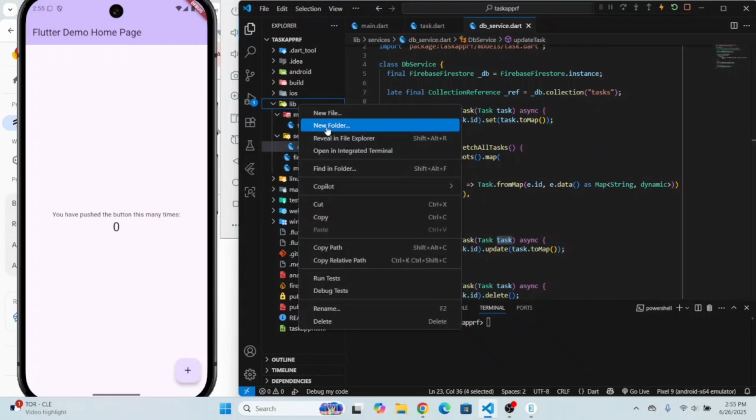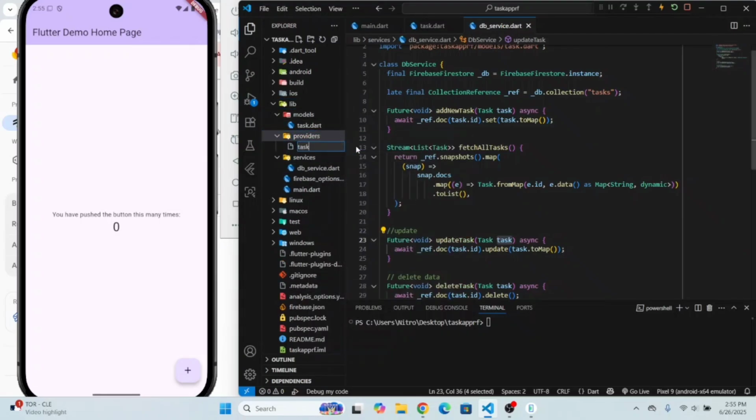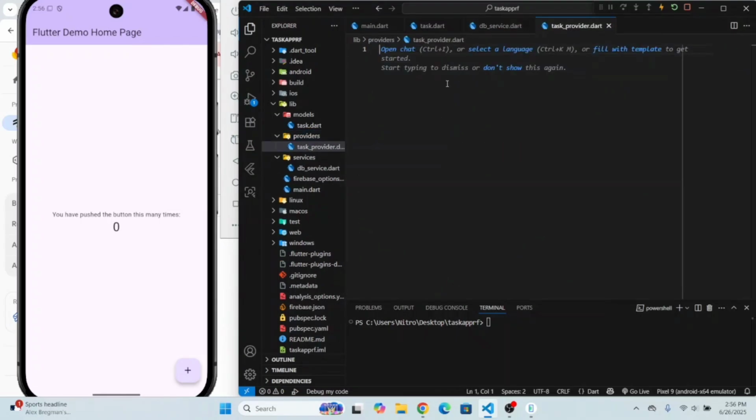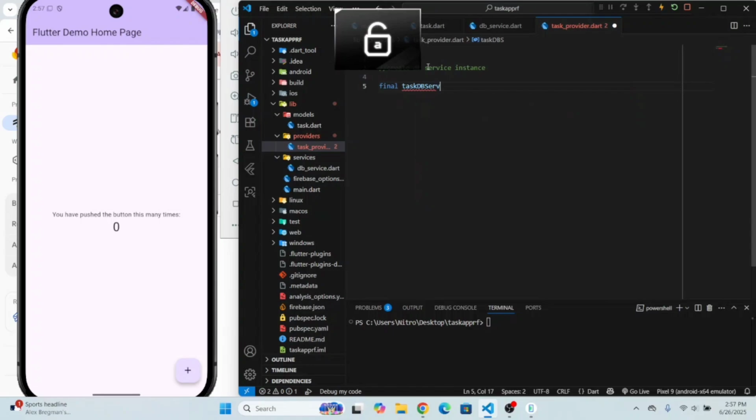Now let's create a new folder in the lib folder again, and let's say providers, and here in the providers let's say tags provider dart. Now we have to create the database service instance. Here, let's say final tags DB service provider